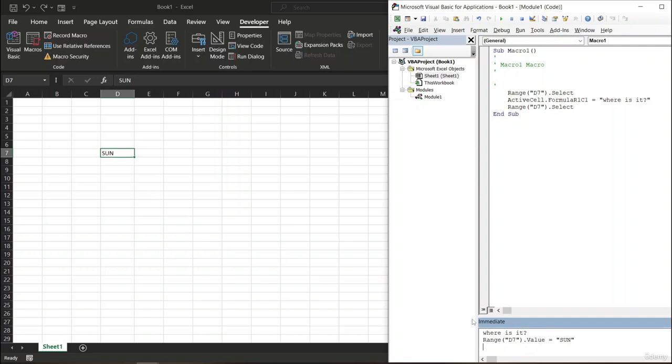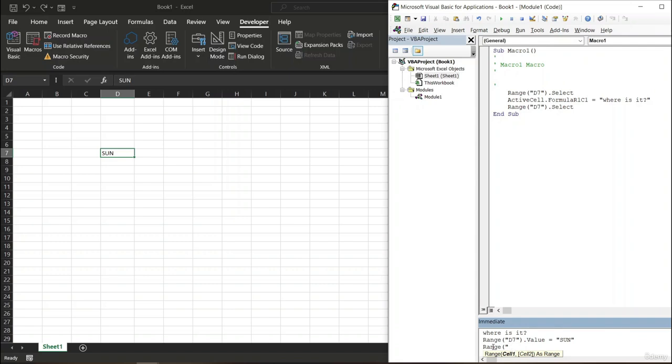Okay, so we're gonna see what the clear is, and for example, let's go with range again, open parenthesis, and we're going to type in the double quotation. Now you have to remember that every time you want to refer to a cell, you have to add the double quotation. Okay, and then D7,